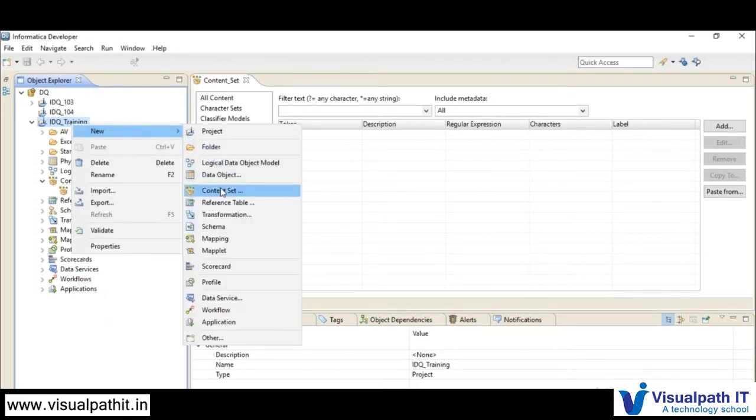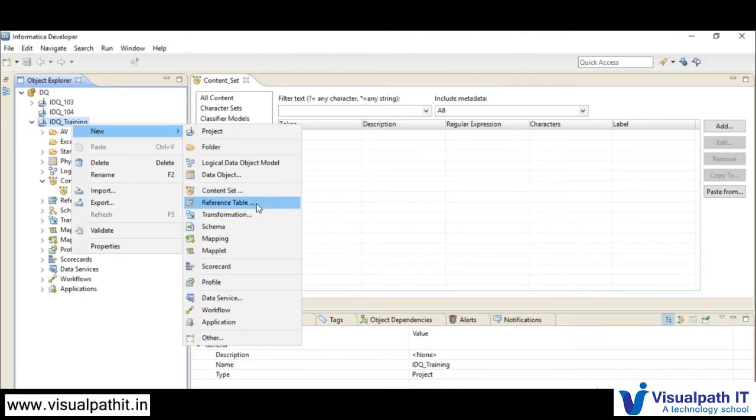Again, this might be a little confusing whenever we have not seen any such example. So at a high level, just keep in mind that this content set will be used while we are performing any classification, while we are parsing, labeling, or examining the data. How we will be using this, we will relate with the transformation to have a better understanding. That is the content set, which is a very vast topic, so we will be covering that in detail at our transformation level.